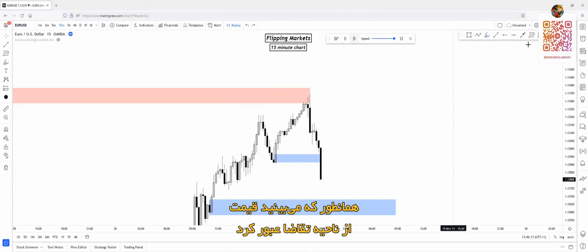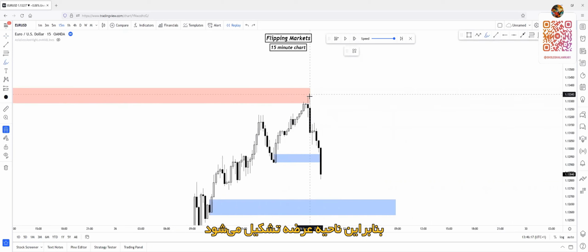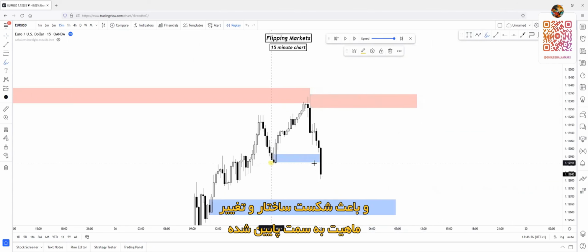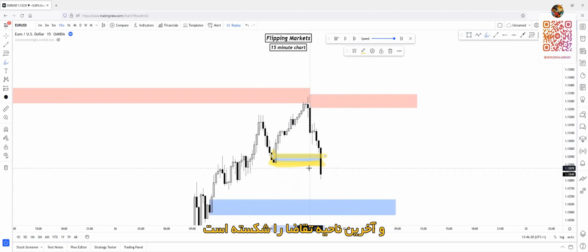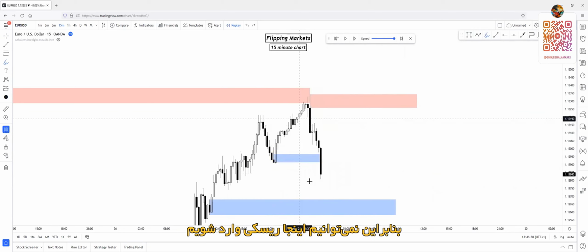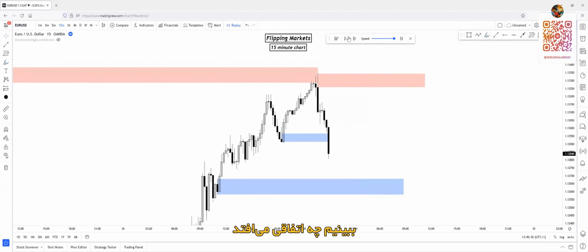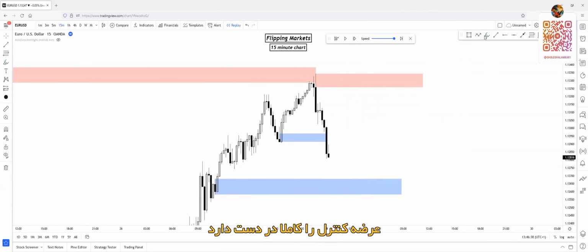Very strong momentum. As you can see, price broke through this demand zone. So a supply zone has been created. And this supply zone caused the order flow that led to a break of structure and change of character to the downside, and it broke through the last zone. So we can't open a risk entry here because we have to wait for a confirmation entry. Let's see what happens. Supply is fully in control.